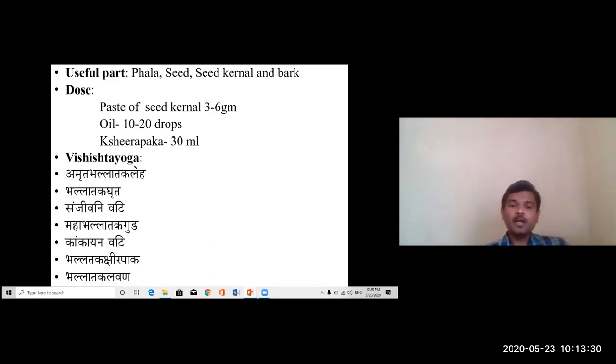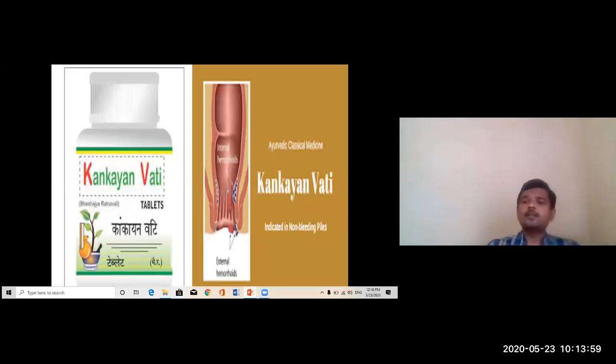Then Ballataka Kshirapaka, Ballataka Lavana. So in Rasayana Adhikara, Ballataka, even though it is having Ushna and Tikshna Guna, is having Rasayana property, Rasayana Guna. Okay, some of the preparations of the Ballataka.